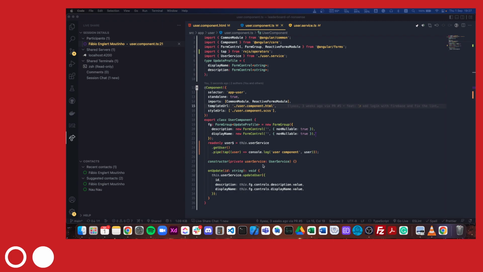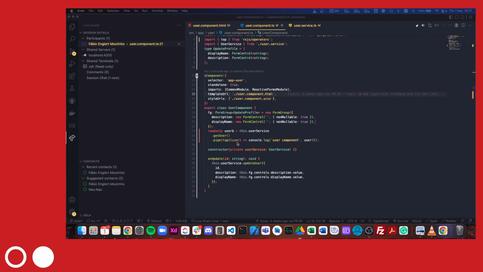Okay, so the user component gets an undefined value for some reason. But the user service,